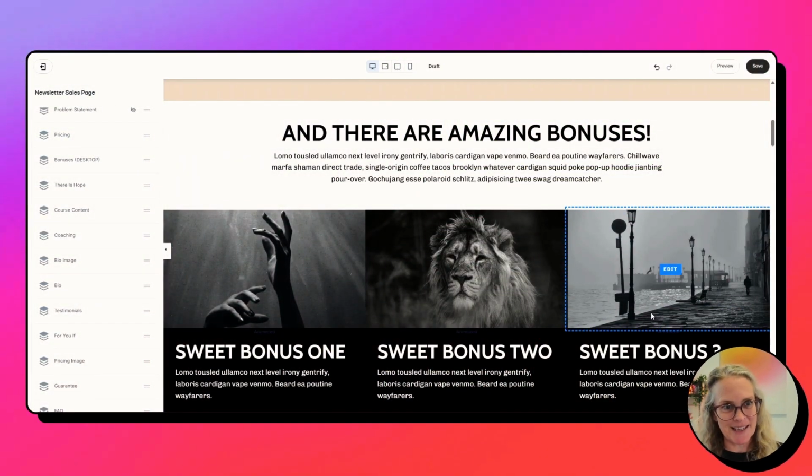Perhaps there is a particular way that you like to set out your bonuses or your pricing blocks, and you don't want to have to go in and recreate it every single time. Well, now you can save these sections and you will be able to use them throughout the rest of your site. It is pretty awesome. But let's also look at